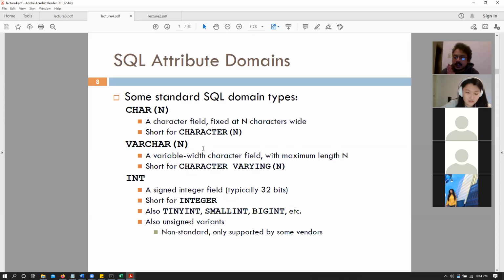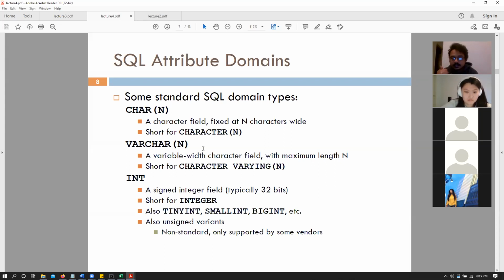So let's say that I define a particular attribute, let's say branch name. Branch name can be Los Angeles, New York, Seattle, all of those things. Let's say that somebody has assigned you to design a database for bank accounts. So it is up to you whether you want to use a char or a varchar for a branch name. So what would you prefer? A char has a maximum size of n, so let's say 20 characters. We can't have branch names greater than 20 characters, that is fine.